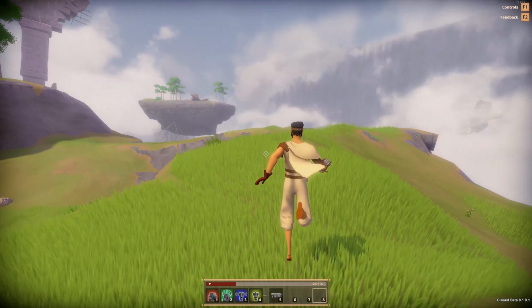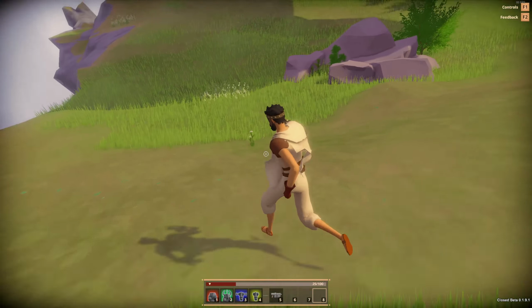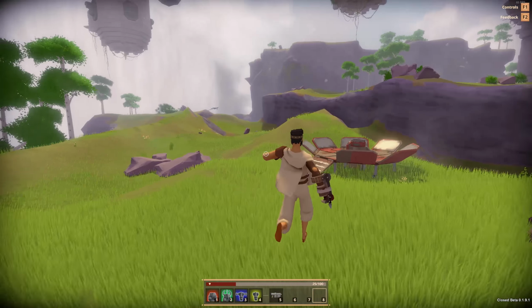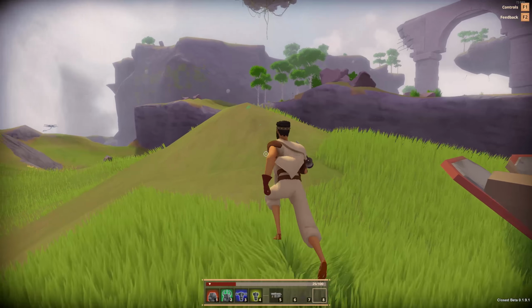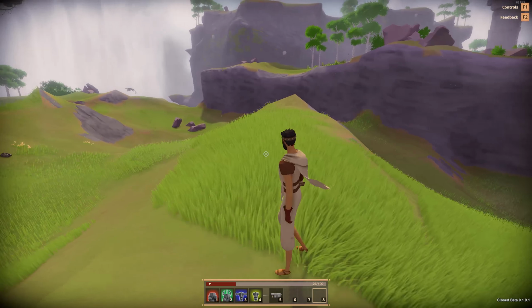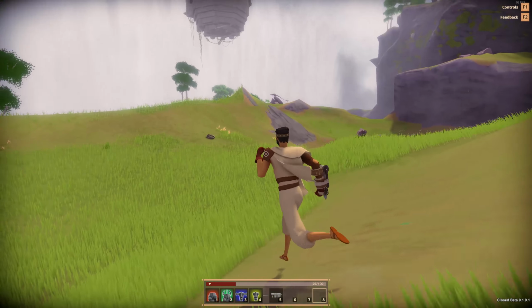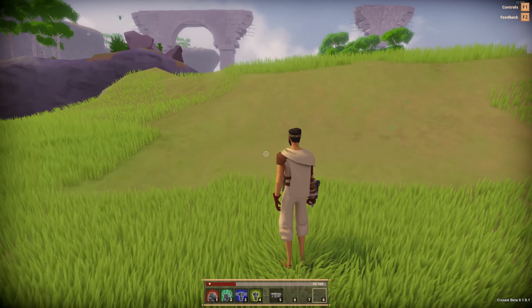So again, it is faster to run and jump, but it's also a lot easier to see you as a player if you're running and jumping. And usually if you're playing by yourself, you don't want to be seen. You want to remain hidden for as long as you can, or for as much as you can. So that's pretty much the basics of